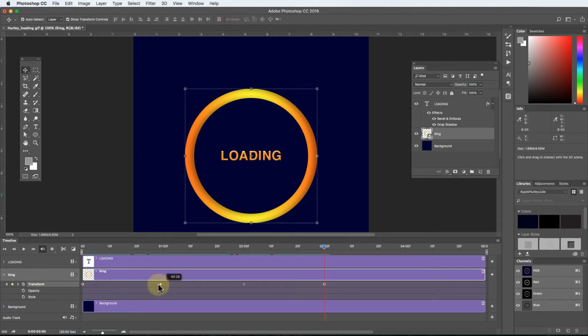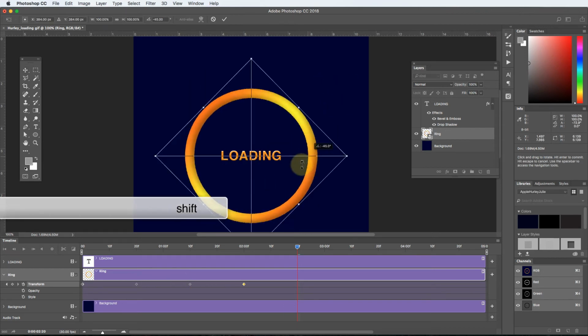Once you have your marker set, you can move them. So let's say that was too slow. We can move it to the 20, we can move it to the 10, and then we can move this one to the 2. And then let's say we want to have one more marker where it goes back. We can do our final transformation,